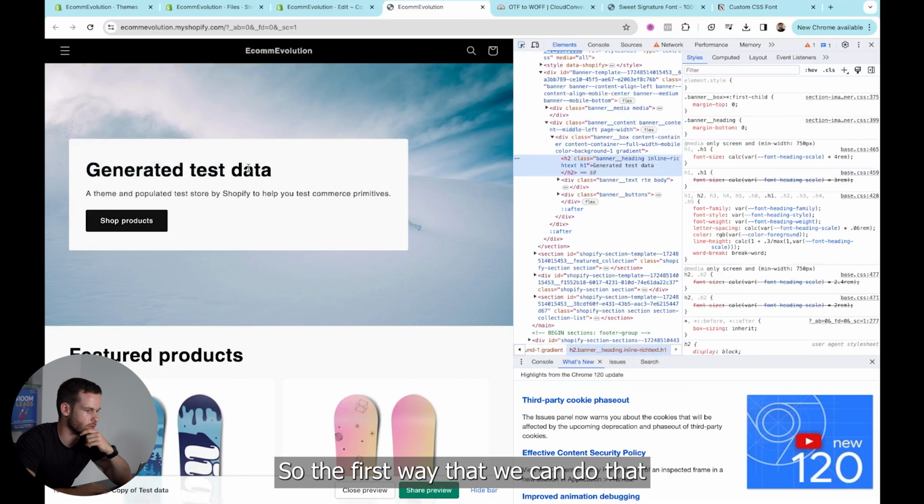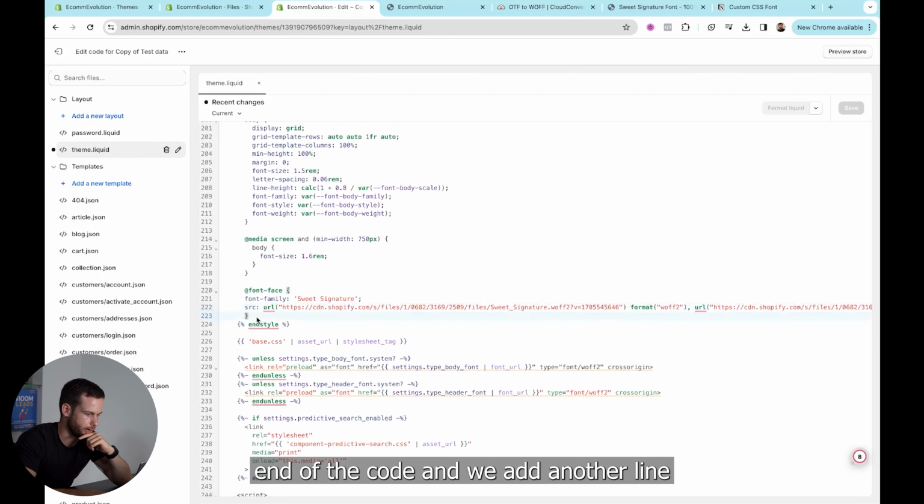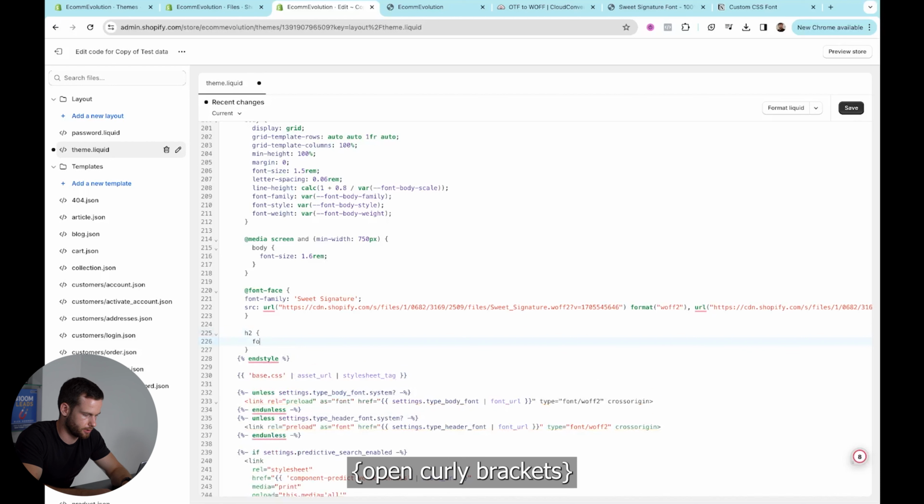So the first way that we can do that is come back to our theme in the backend in the code, and we add another line under our font face, and we go H2, open curly brackets, font-family, colon, and then we put our Sweet Signature like that, and that needs to be spelled in the exact same way that we define it there. And then we close that off by putting a semicolon after that. Once we've done that, we can now hit save,